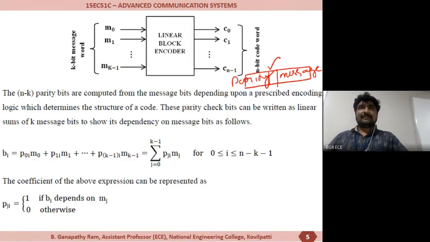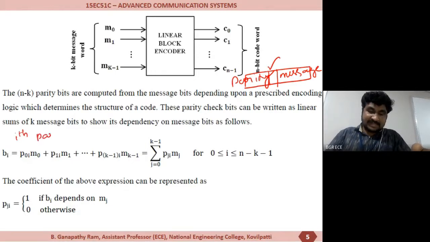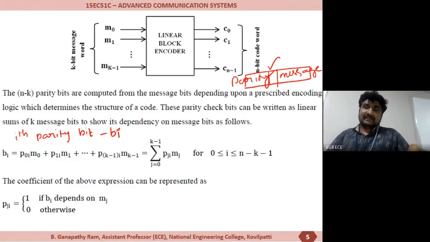So the n minus k parity bits are computed from the message bits depending on the prescribed encoding logic, which determines the structure of the code. And these parity bits can be written as a linear sum of k message bits to show their dependency on the message bits. So I am taking the ith parity bit, I am considering this as Bi, which can be written